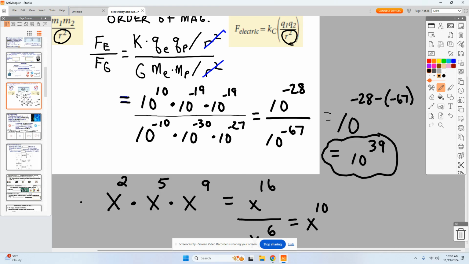Okay, so a little bit of math there. Hopefully that helps you understand where you might use exponent rules, because a lot of times people are just solving for x's and stuff, but this allows you to use one of those to compare those two forces of nature. Okay, I'm going to stop that video there, and hopefully